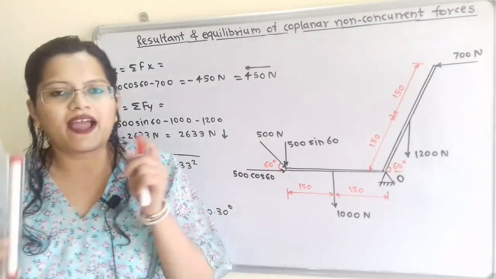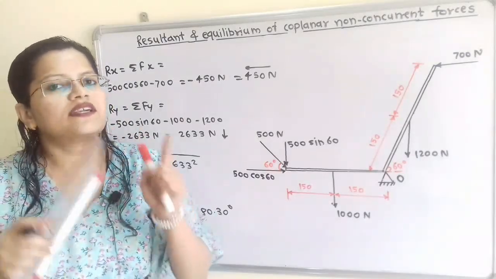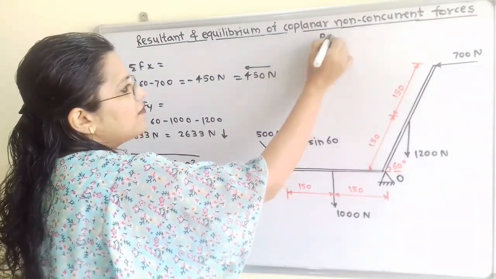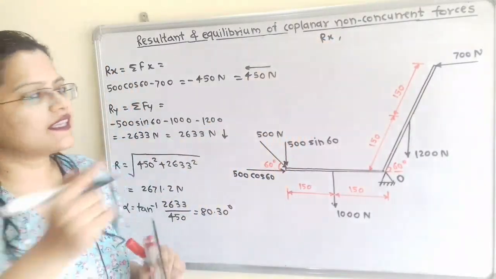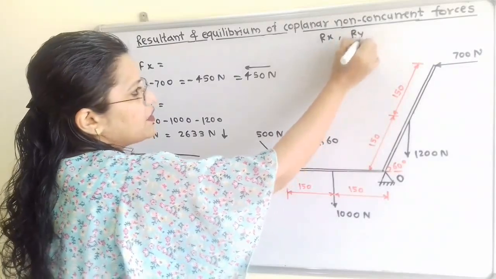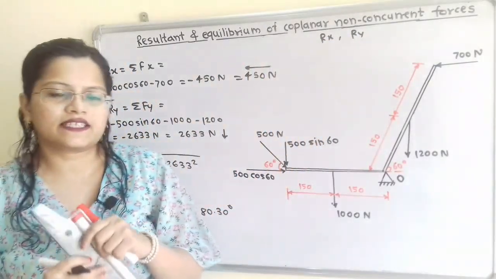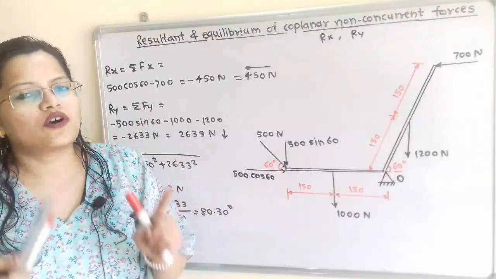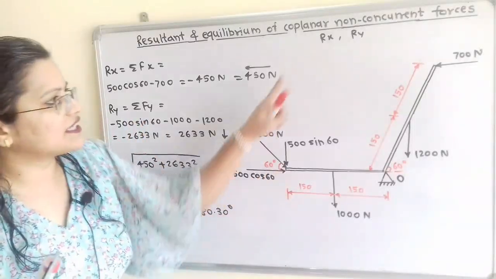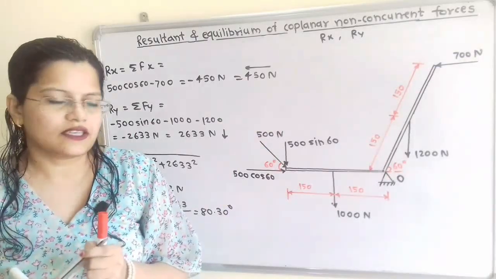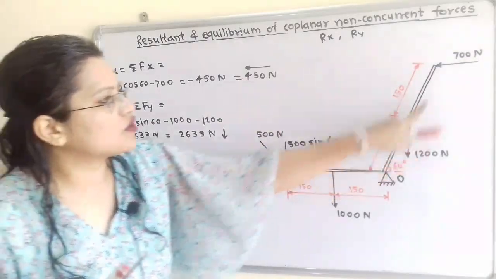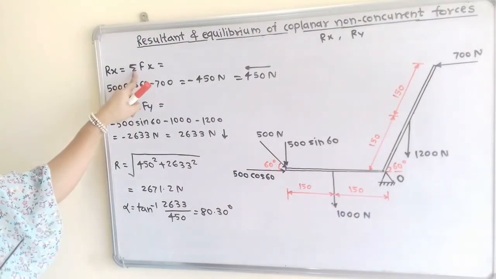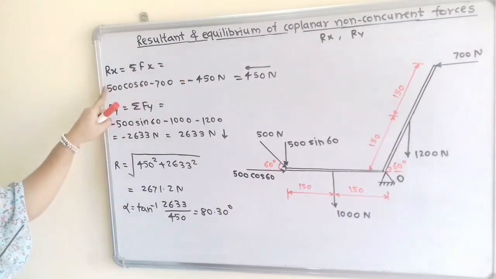We will first find the horizontal component of the resultant, that is Rx, and the vertical component of the resultant, that is Ry. So how to find Rx? For this given system, the summation of all horizontal components of forces is Rx. So we will add all the horizontal forces. So Rx is equal to summation of Fx, which is equal to